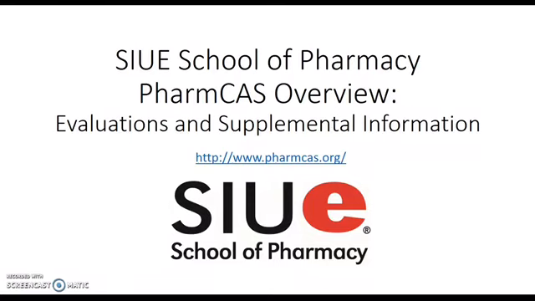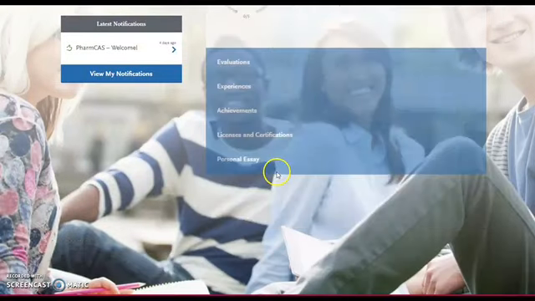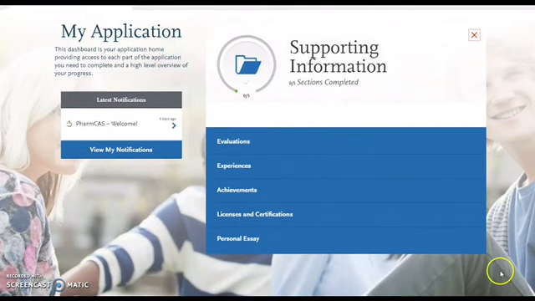All right, next we're going to be covering the evaluations and supplemental information in PharmCAS. So let's go ahead and begin on those two quadrants. So the supplemental information, you're going to want to have some dates in front of you for any kinds of achievements or experiences, volunteer experiences, part-time jobs, license numbers, certifications, expiration dates is going to be very helpful for you